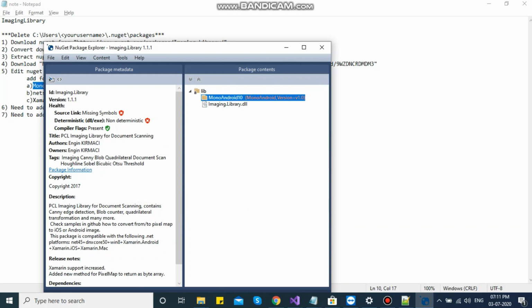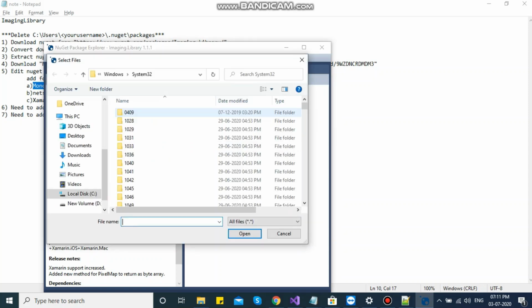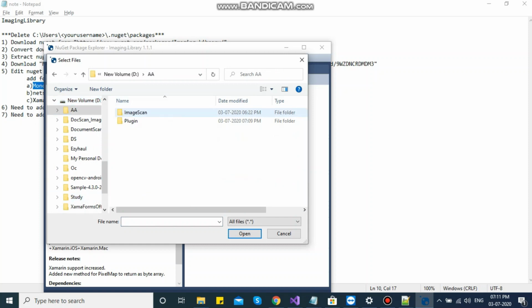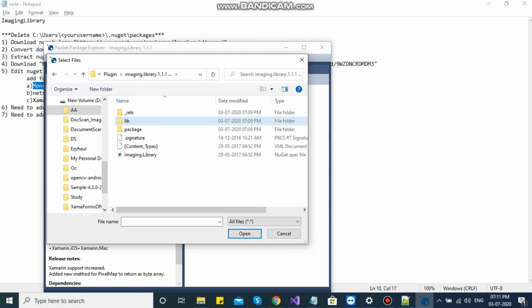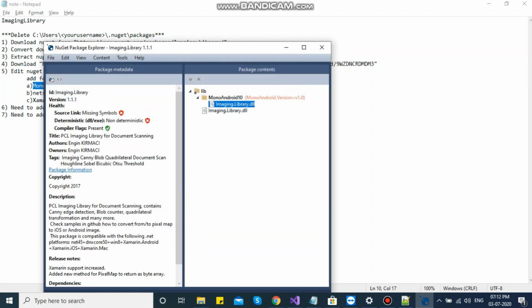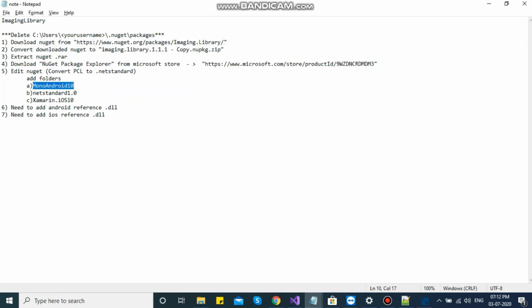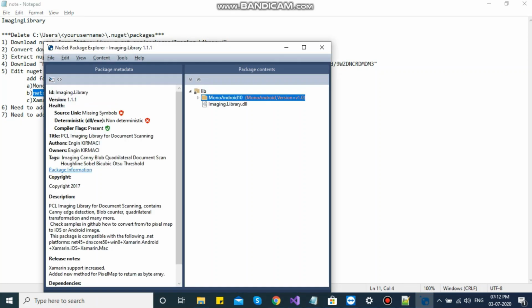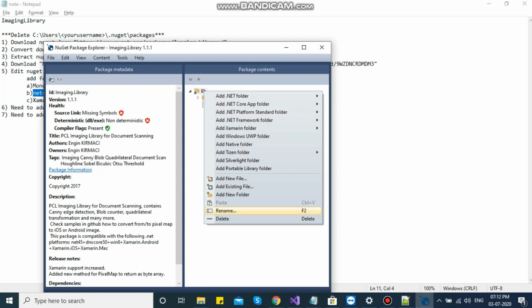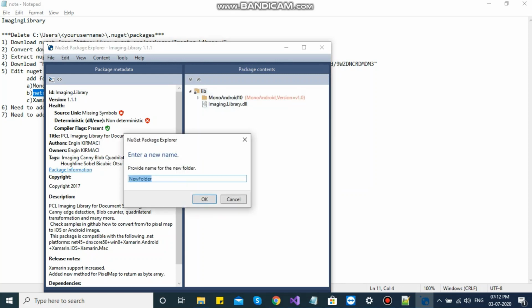First folder I have added is MonoAndroid10. Now you need to add an existing file from the location where you extracted the NuGet package. So I have extracted here. I will add from lib, added. Next folder you need to add is .NET Standard 1.0. So I'm going to add .NET Standard 1.0.